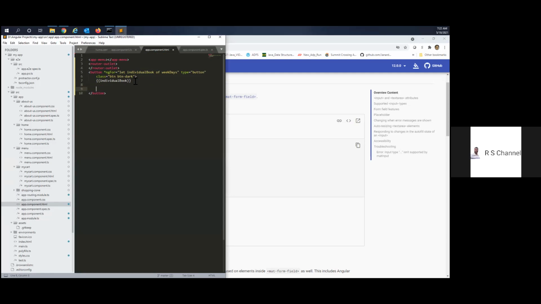Now, after the button, you should not paste inside the button. You should paste after the button. Yes.